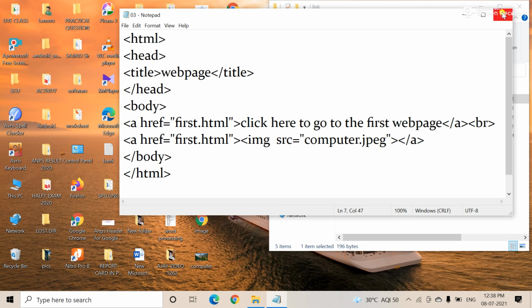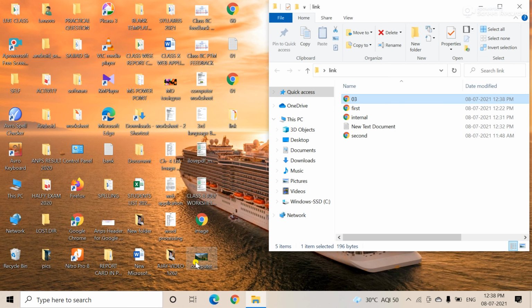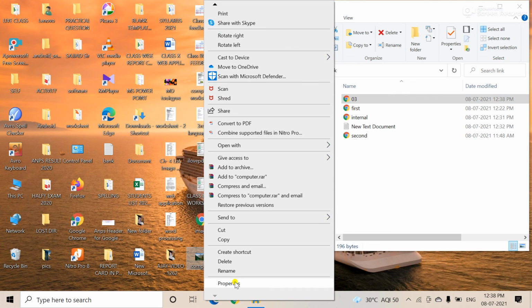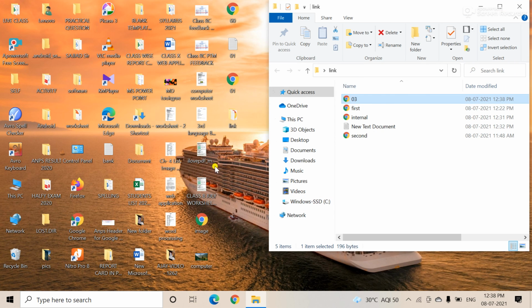If the format of the pictures is JPG, then it comes. Otherwise, it does not come. The picture is there, the link is there. Check your pictures: right click, and you see the properties are there. Properties, you see j.jpeg. Right, the format is JPEG. So in this way you link one page to any other pages.